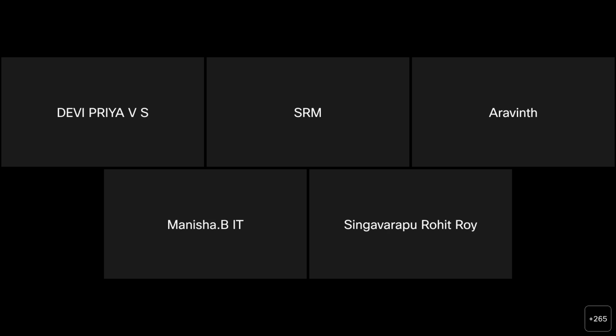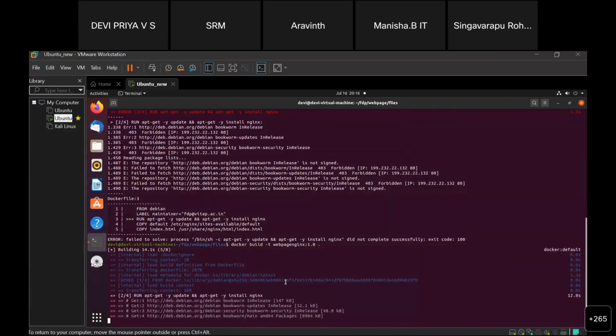So I have to move, and I have to show you this. Here, this is the command I have written: docker build -t web page nginx 1.0 dot. Here we can watch all the things that are happening. We have a dockerignore file that is used while creating the Docker container itself. If there are some files you want to neglect, then we can tell all these details inside the dockerignore.